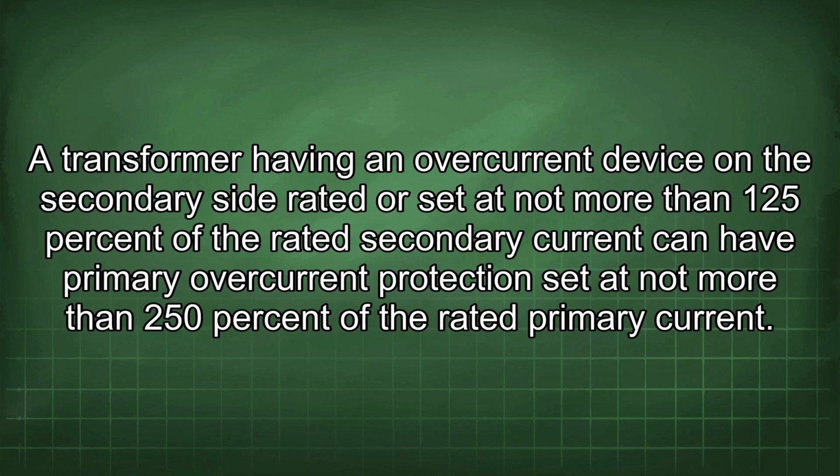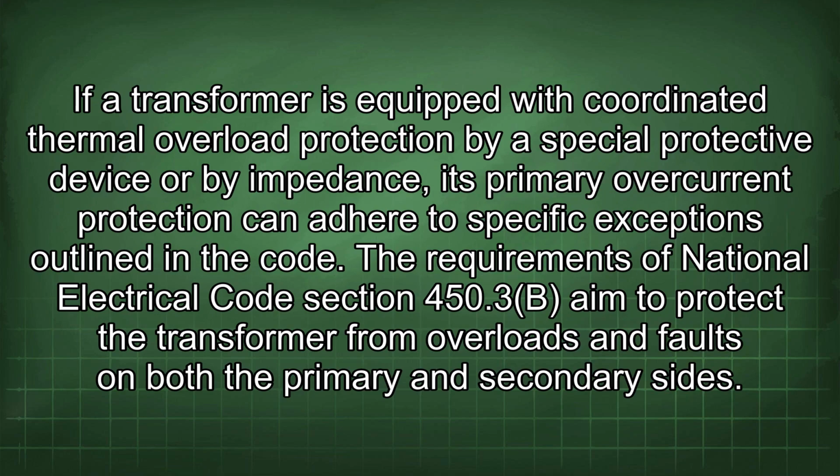A transformer having an overcurrent device on the secondary side rated or set at not more than 125% of the rated secondary current can have primary overcurrent protection set at not more than 250% of the rated primary current. If a transformer is equipped with coordinated thermal overload protection by a special protective device or by impedance, its primary overcurrent protection can adhere to specific exceptions outlined in the code. The requirements of National Electrical Code Section 450.3(B) aim to protect the transformer from overloads and faults on both the